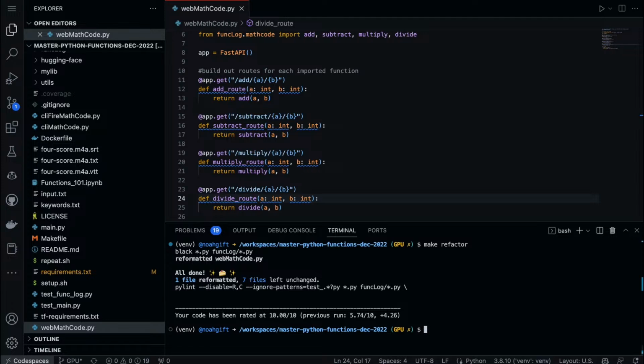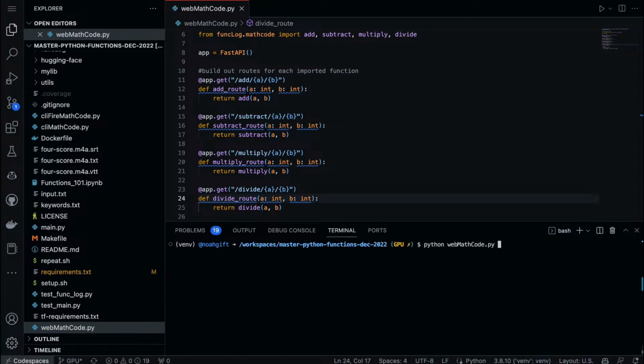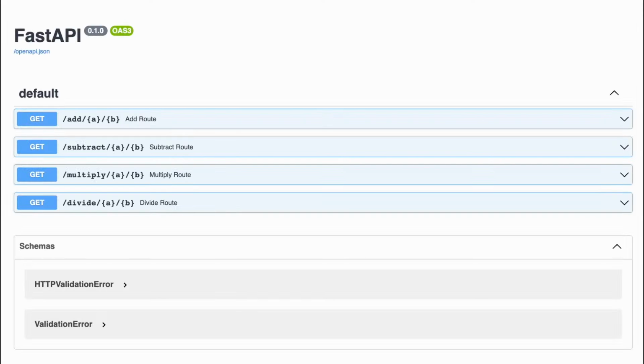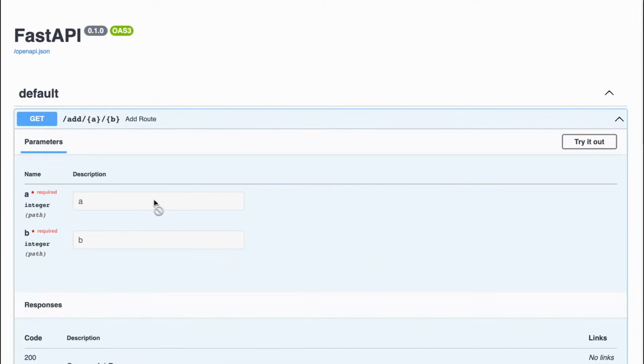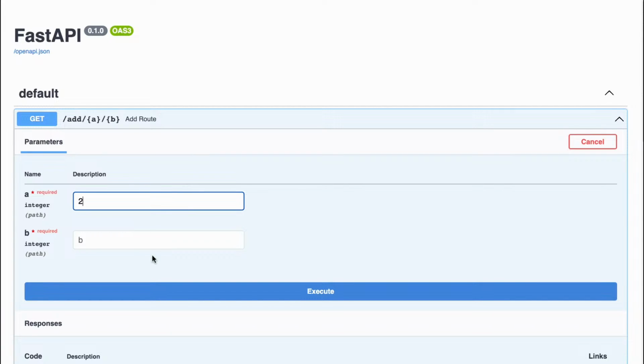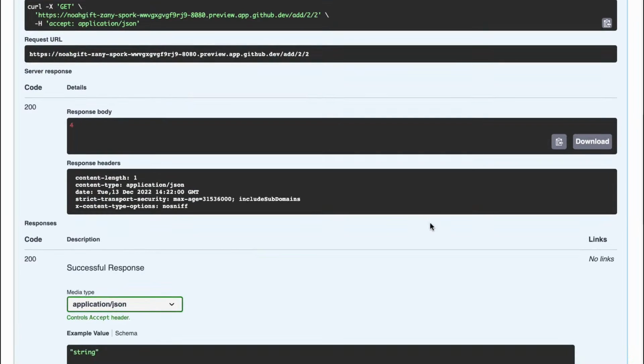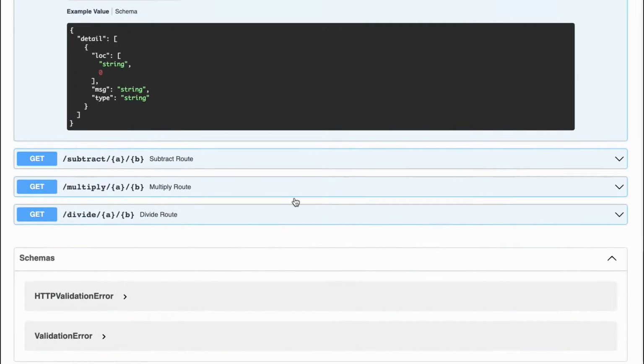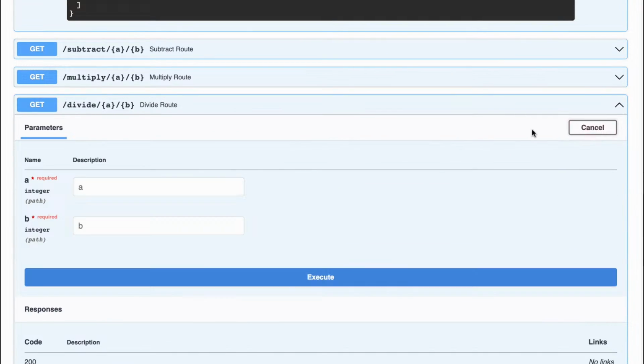So now everything's clean. And now if I just go through and say python web, look at this. Now I can preview it. And here's the beauty of using the framework FastAPI: if I go to docs, check this out. I don't have to do anything. I can test out my application, and we can go right in here and just start playing around, right? To execute. Look at this. And if I want to, I could even get this curl command and invoke it. It's a really, really simple way to test out your code and your API.